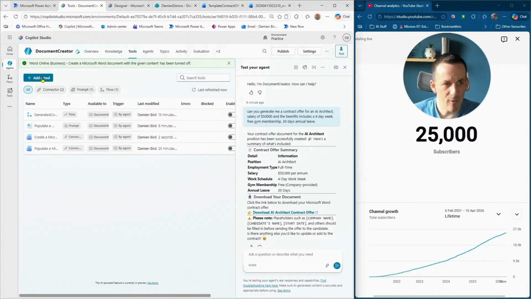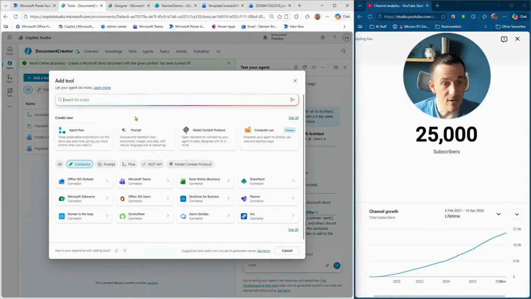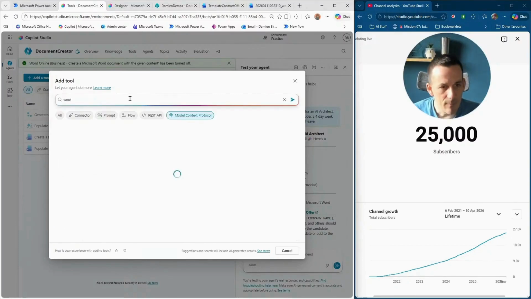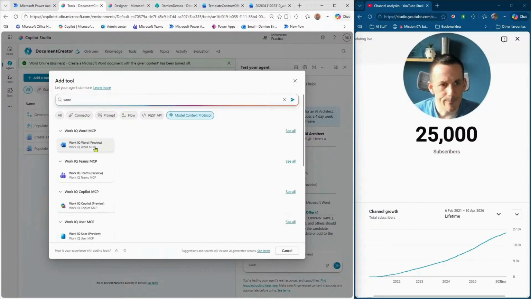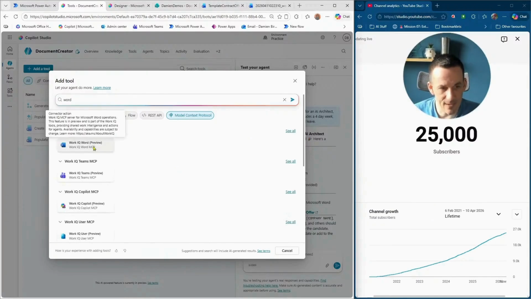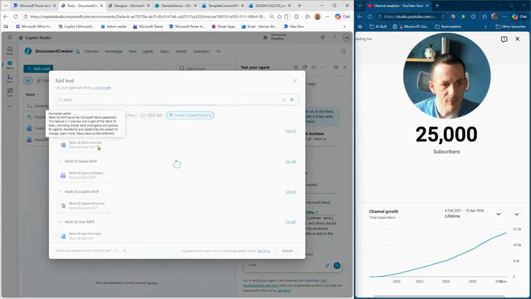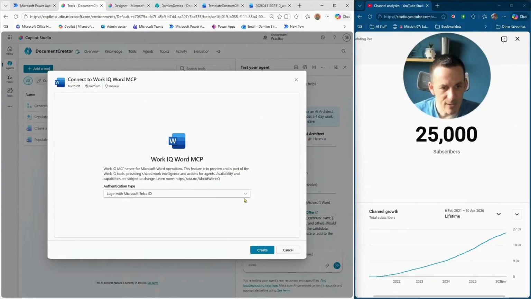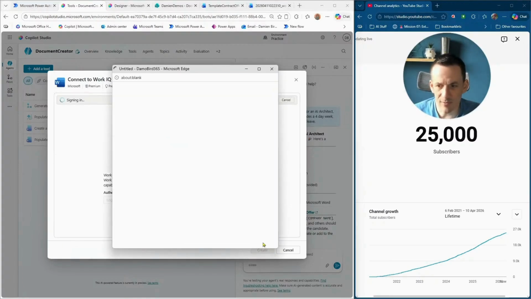I'm going to turn that one off, and then we're going to have a look at the fourth method, which is the Word MCP. So Word MCP, as you can see, it's a preview feature. It's part of Frontier. So if you've not got the Frontier trial, you won't be able to access this one. But if I create a new connection for this,